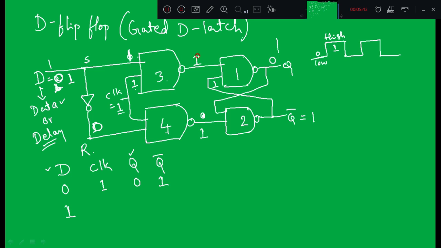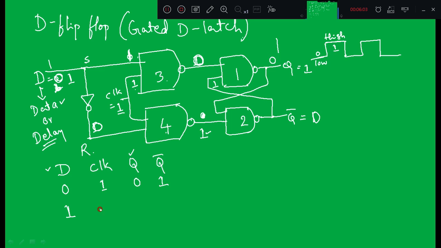And 1 NAND 1, output will become 0, right? Since one of the inputs of the first NAND gate is 0, the output will become 1 without any delay, right? It will not wait for the second input, right? So this output is 1 and this is 1, and 1 NAND 1 is equal to 0,